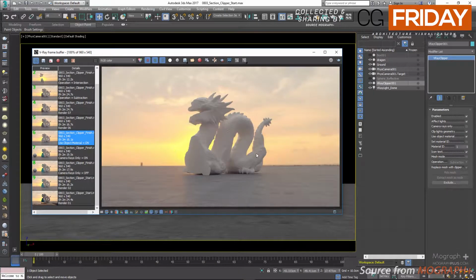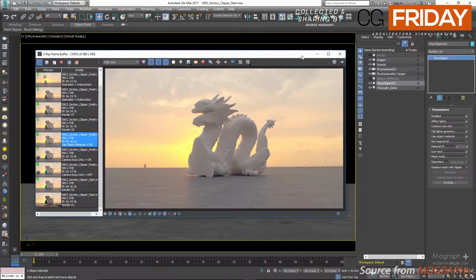We have set material ID and material ID. Set material ID, when enabled, the user can specify a face material ID for the clipper object. You can then use this ID inside a multi-sub object material to specify a different filler material for different objects. And material ID obviously specifies the face material ID for the clipped surfaces when set material ID is enabled. So if I enable set material ID and set it to 2, I can go to my material editor